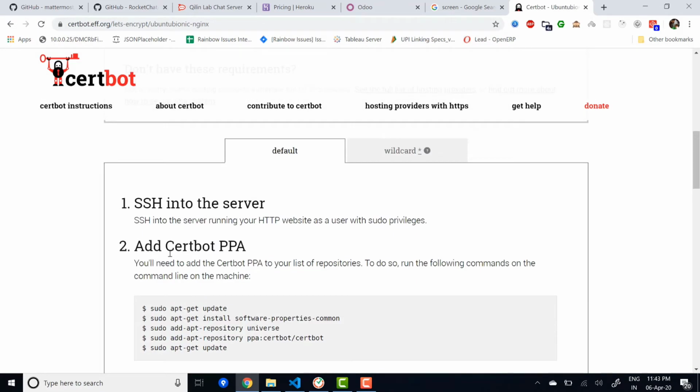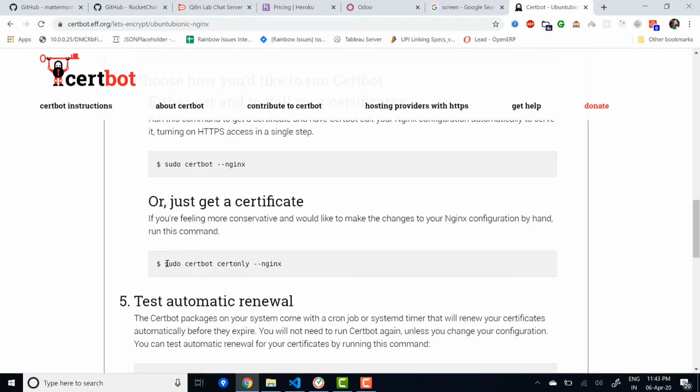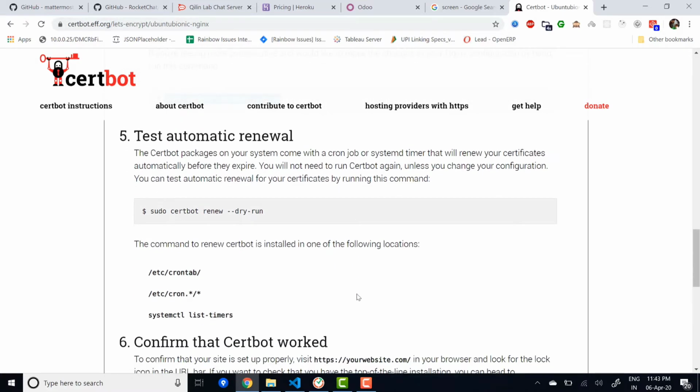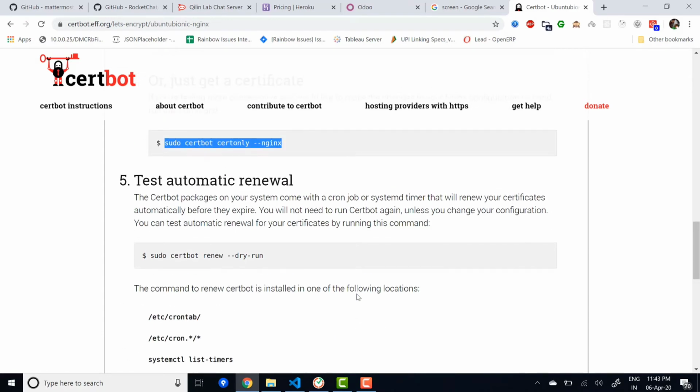It looks like too much, but it's a one-time configuration. It's very easy actually. After you install all this stuff, the only thing you need to do is this one. Once you type this command, we use Nginx for most of our servers, it will ask you a few questions like which domain. It will automatically fetch the domains you have installed. It will ask you which domain you want to install the certificate on.